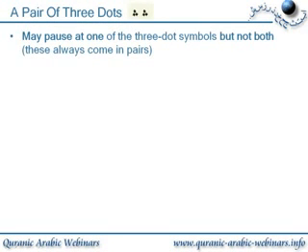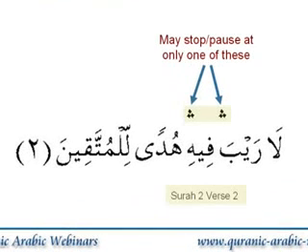Now the next one is these 3 dots. So may pause at one of the 3 dot symbols but not both. These always come in pairs. Let me put up an example. So this is Surah 2 verse 2. Okay, so what you see here is you've got two sets of 3 dots, i.e. you have them in pairs, and they'll sit over 2 different words,